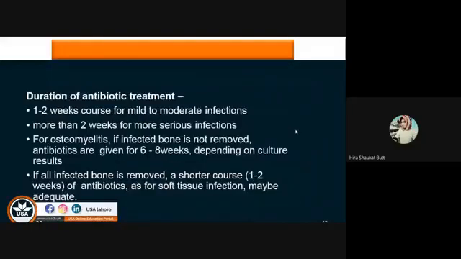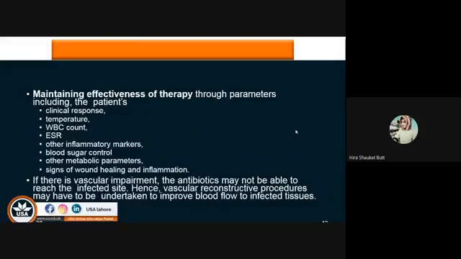You can just go through this slide. A 1 to 2 week course of antibiotic therapy for mild to moderate infection. It can go more than 2 weeks for more serious infection. And if there is involvement of the bone as well, and the wound has entered the deep stage, then you can go for a 6 to 8 weeks or even longer course of antibiotics. Okay. You can go for repeat tests, including the WBC count or the CBC, ESR, and some other inflammatory markers. Blood sugar control must be there. Other metabolic parameters they have to check. Okay,